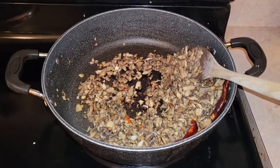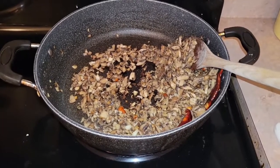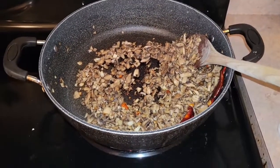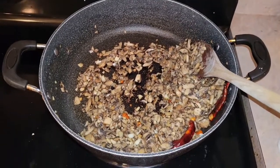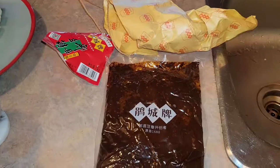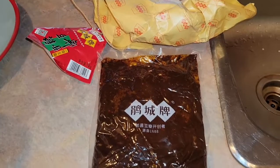Okay, it's been about 10 minutes on medium-high heat, and the mushrooms, garlic, ginger, and chilies have browned nicely. I'm gonna go about 2 more minutes and caramelize it a little bit more before I start adding the other ingredients for the sauce. Alright, so I opened the package of the broad bean paste, and it looks something like